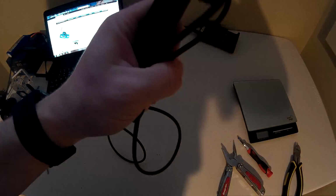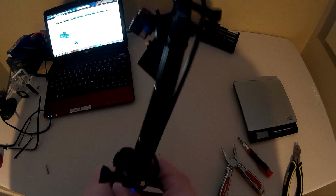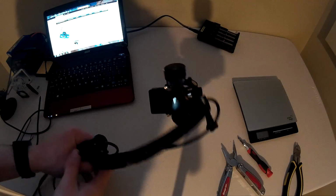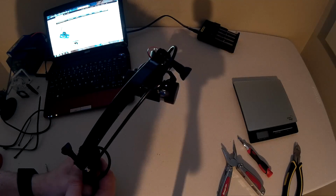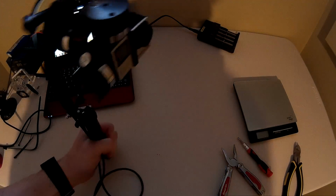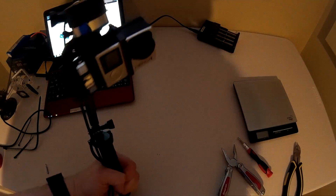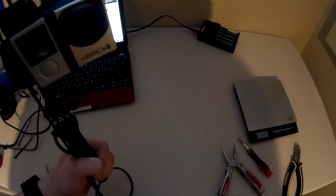down, crank it down, use some elastics or whatever to tie that back, power it up, put it on. As you can see, I now have a fully handheld unit from the